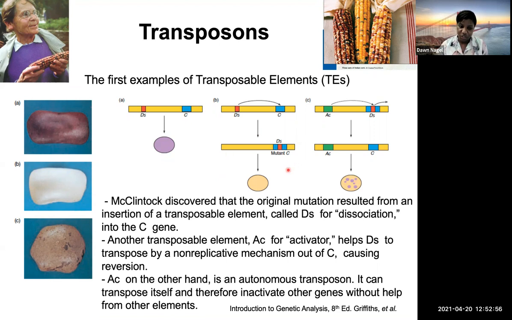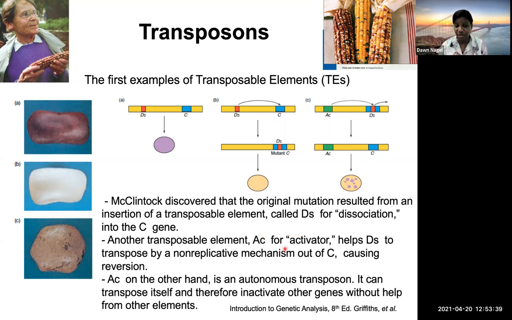What's special about this transposable element is that it cannot move by itself. You guys recall when I talked about the bacterial transposable element, we said that it requires two main features, right? It needs the genes or the enzymes for its transposition, and it also has these inverted repeats at the end of the transposon. This element, which is called Ds for dissociation, because it's really dissociating the color, is dissociating from its location, inserting into this gene and disrupting the color,